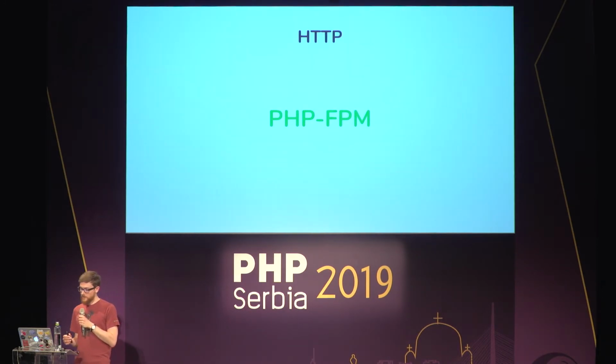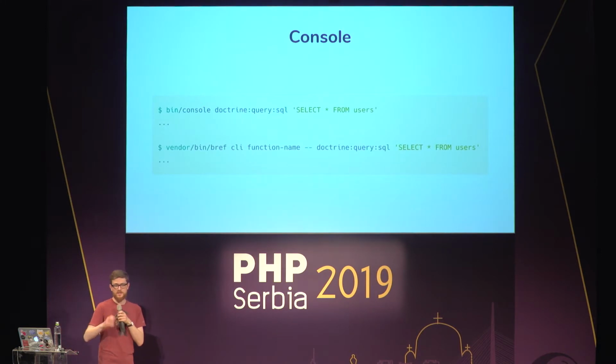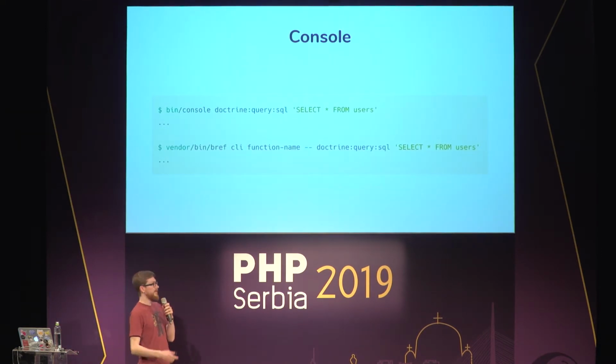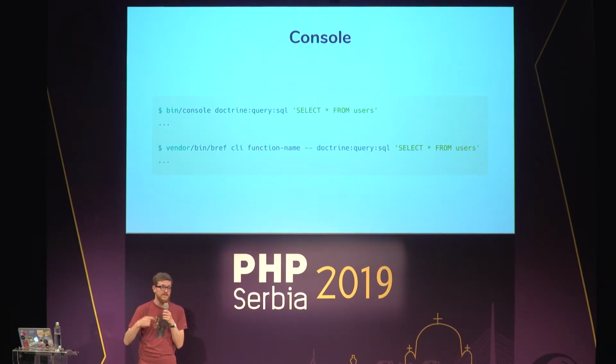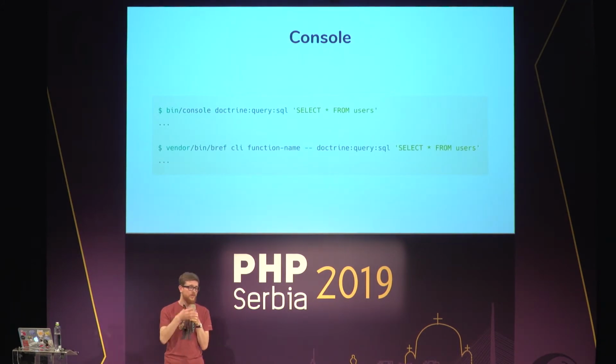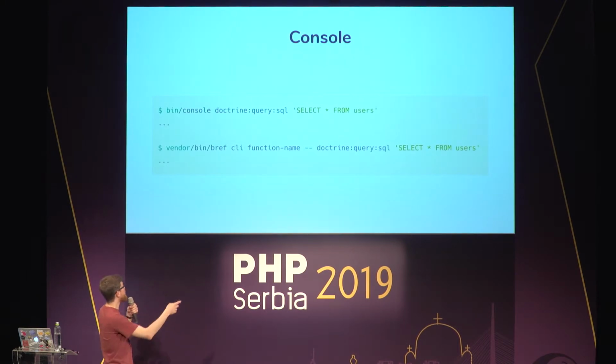And finally, there's a third runtime, which is the console. I really like this one. It's useful like 1% of the time, but then it's really useful. It lets you run basically the Symfony console or Laravel Artisan in a Lambda in production. So if you know Symfony, or if you use Laravel Artisan, you can run on your machine a command like this. But you can't run that command in Lambda because you can't SSH into a Lambda. There is no SSH. When there's nothing running, there's no container running. You cannot SSH into anything. So the console runtime is a good way to get around this.